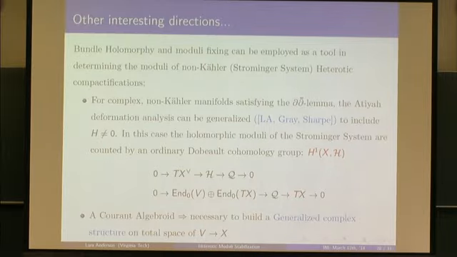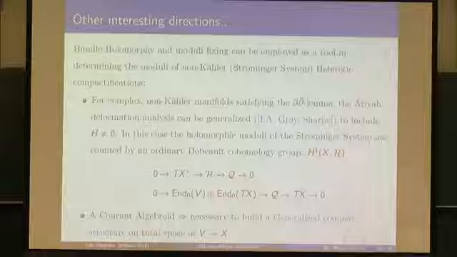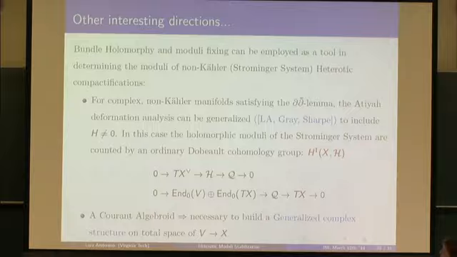In recent work with James Gray and Eric Sharp, we did the same fluctuation analysis for holomorphic bundles in the context of non-Kähler Strominger system solutions, where the background manifold was still complex and satisfied the DD-bar lemma. In this case, we found a very analogous story to the Atiyah deformation story. It turns out that it's not about holomorphic deformations of the total space of a bundle, but,